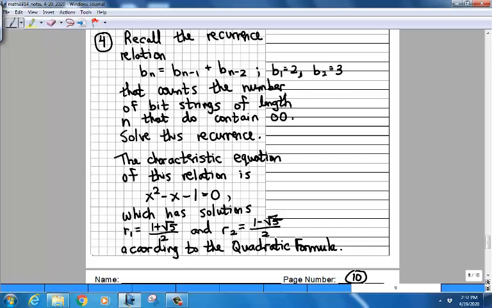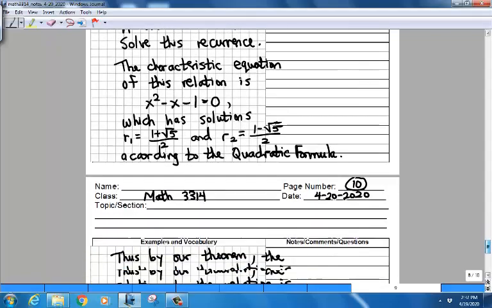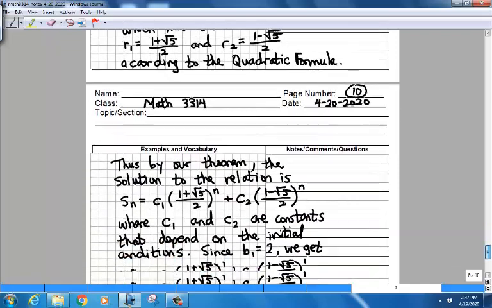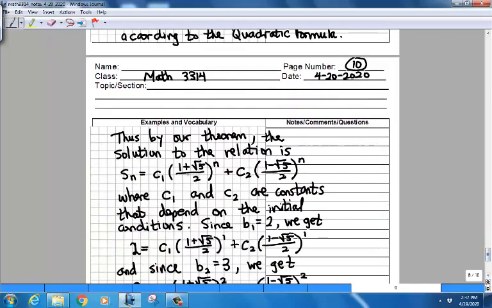So the two characteristic roots turn out to be r sub 1 is (1 plus the square root of 5) over 2, and r sub 2 is (1 minus the square root of 5) over 2. Not pretty roots for the characteristic equation, but there they are. There are two legitimate real number solutions. Okay, so that tells us that by our theorem,